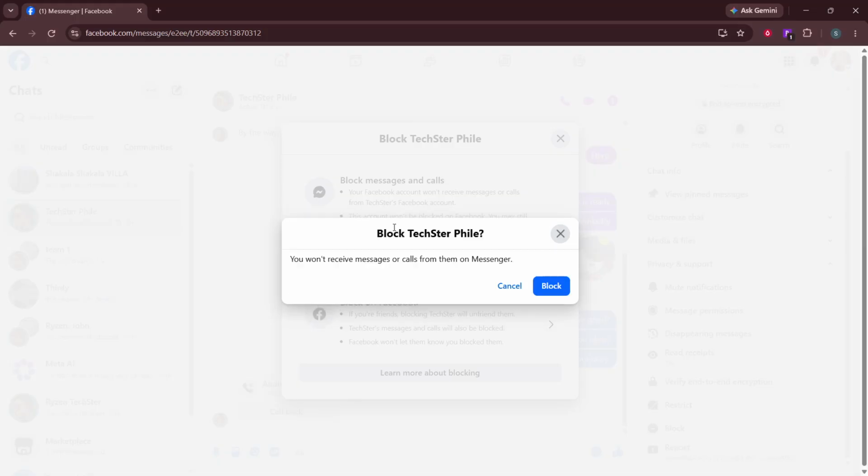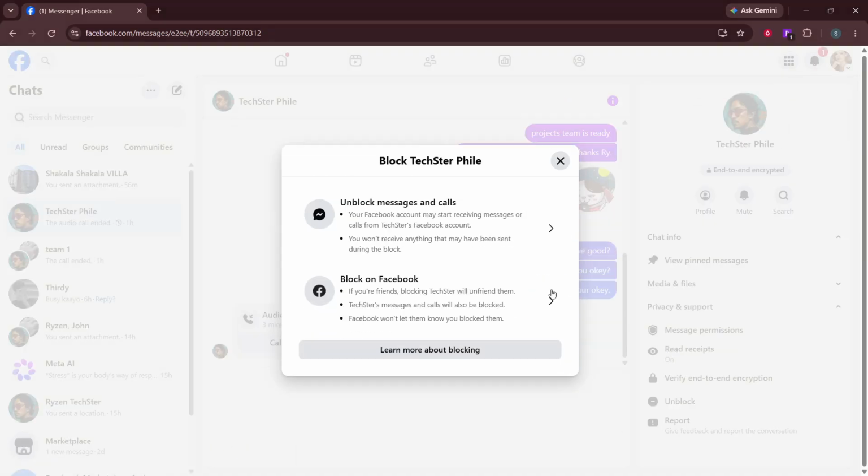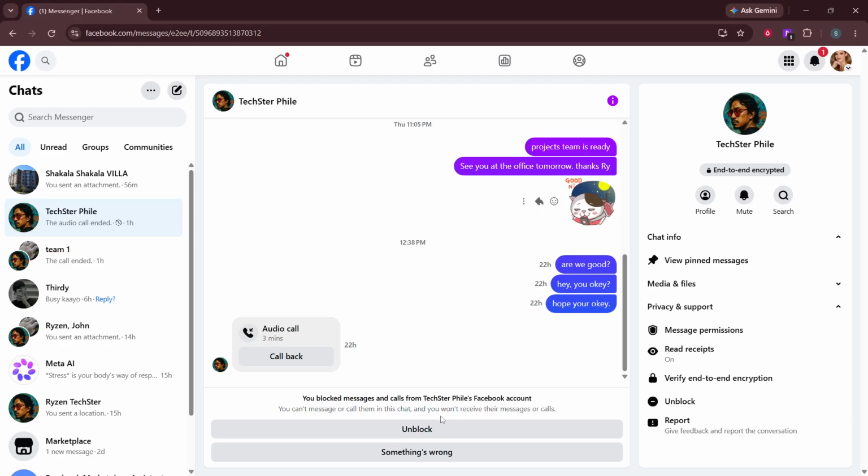When you click Block, Messenger immediately applies that choice. You do not need to click anything else to save it. You may see a short confirmation message or a small notice in the conversation saying that you have blocked this person. If you chose only to block messages and calls, the chat will usually remain visible, but they will not be able to contact you through Messenger. You have now blocked someone on the Messenger website, stopping their messages and calls,